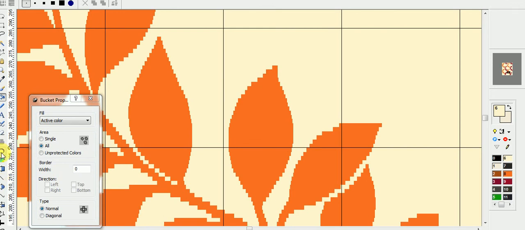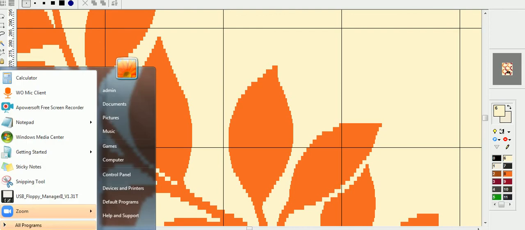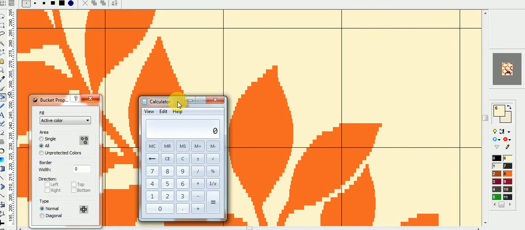Now what we have to do is set the same thickness in the warp side and weft side. First you have to take the calculator and divide to get the ratio: 152 ends per inch divided by 58 picks per inch. What is the ratio? 2.6. It means 1 pick is equal to 2.6 ends.